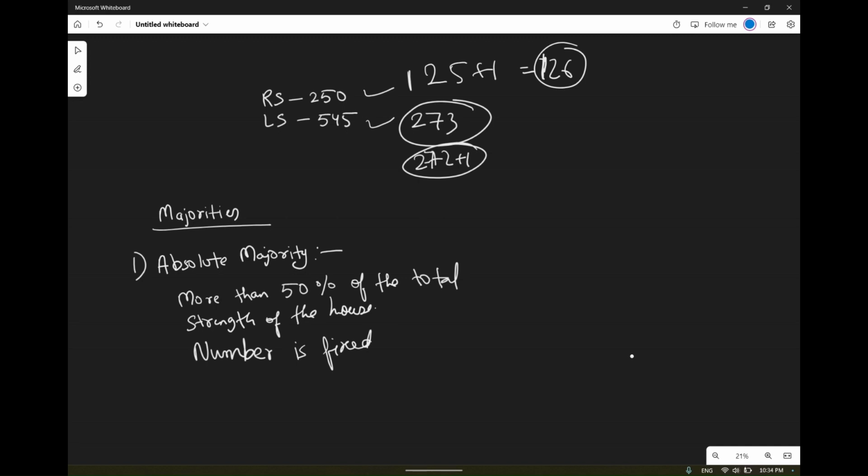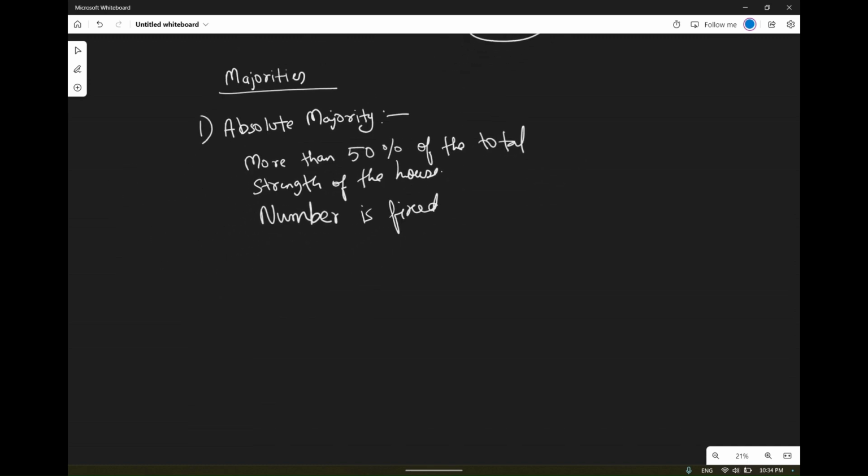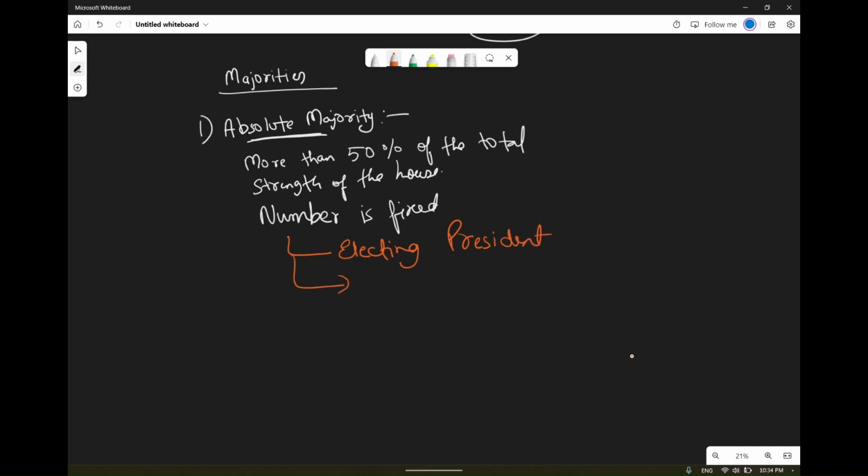To pass any bill in the Lok Sabha, you would require 273 in your favor, and in the Rajya Sabha it will be 126. Okay, and this type of majority is required for electing the president and vice president of India. Okay,